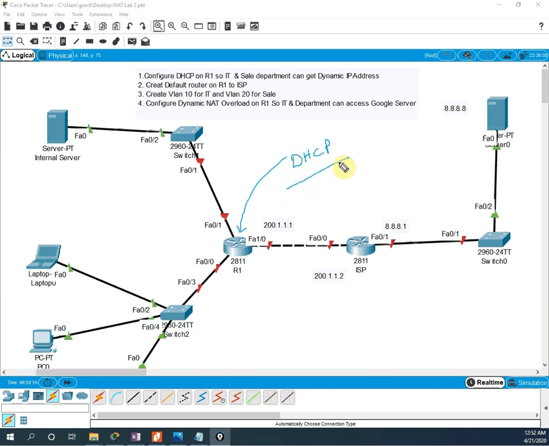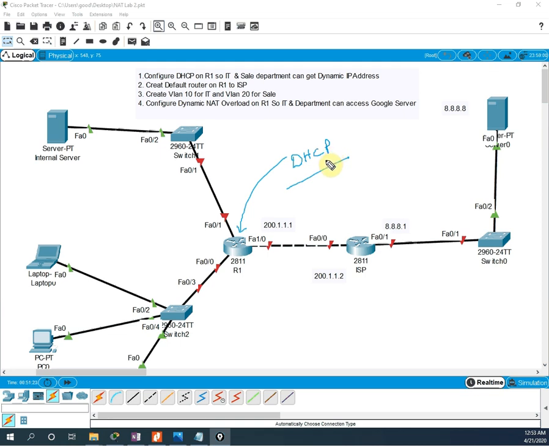With the help of DHCP, we get IP addresses dynamically on our machines, that is our servers or laptops, whatever is connected. In this series, as well as in the Packet Tracer series, we already discussed DHCP, dynamic host configuration protocol.